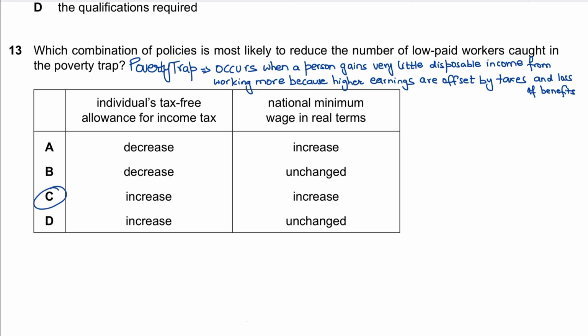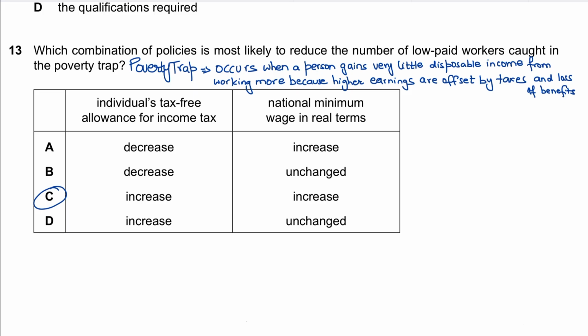If you increase the national minimum wage, it raises the workers' earnings and increases the reward from employment. So you're better off earning rather than relying on benefits. Also, increasing the tax-free allowance means workers can earn more income before paying tax. It's not that you're marginally earning extra income and then a lot of that goes into tax. A tax allowance means an exemption of tax, which allows you to keep a larger proportion of what you're earning, right? That is what makes option C the correct answer.